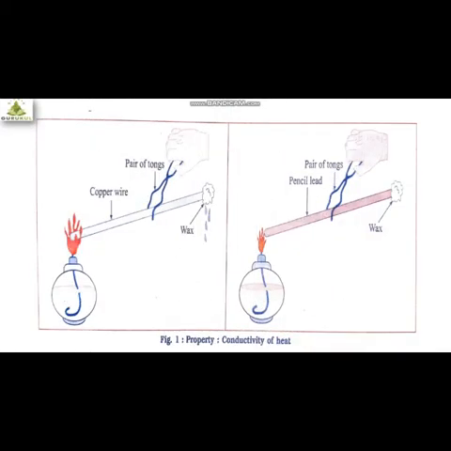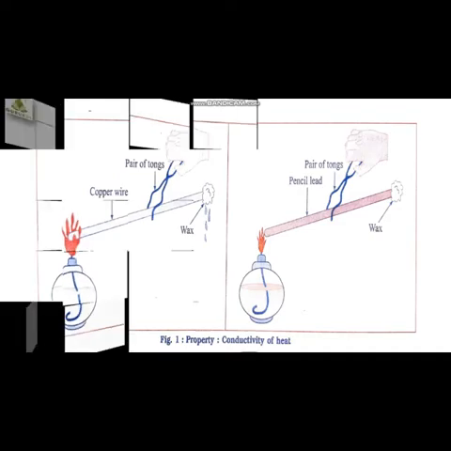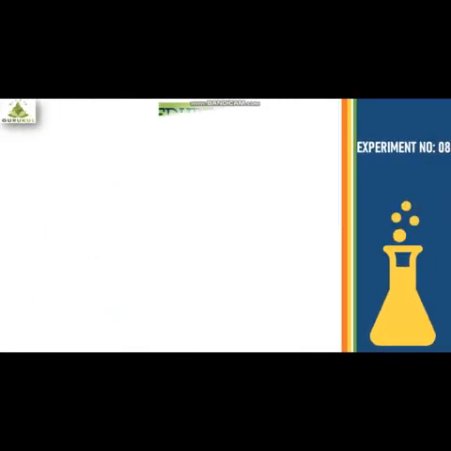Yes, this is the presentation, students, of how we are going to do it. We have a spirit lamp. You can also take a Bunsen burner that I have shown in the requirements. Then the copper wire is held with the help of a pair of tongs. You don't have to directly catch it with your hand. The other side we have wax. So we are going to heat the copper wire at one end. In the second figure, I am going to take pencil lead. There also, with the help of tongs, I am going to heat it, and on the other side we will have wax. Observations we will see later. So first understand what things we are going to do.